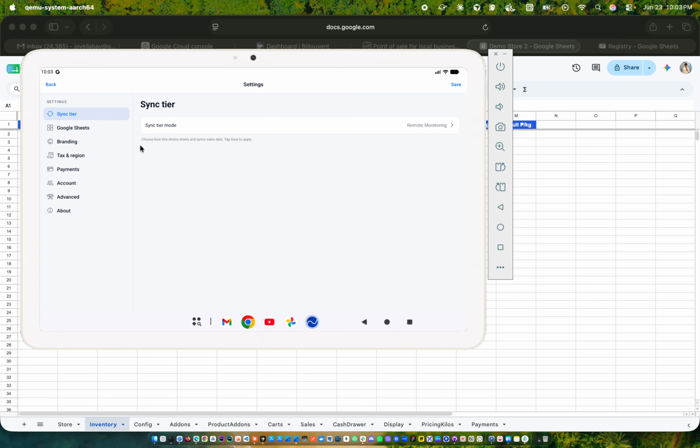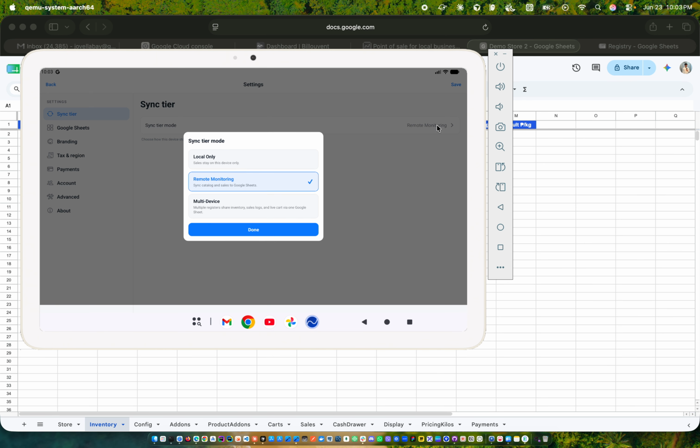For example, if the store has two cashiers, they have to work with one Google Sheet, asynchronously doing operations across different devices.